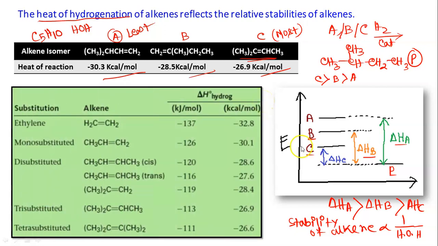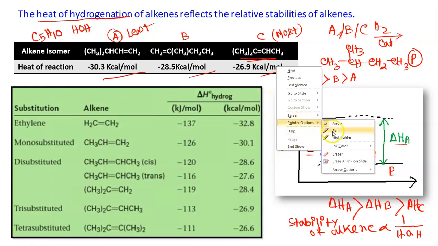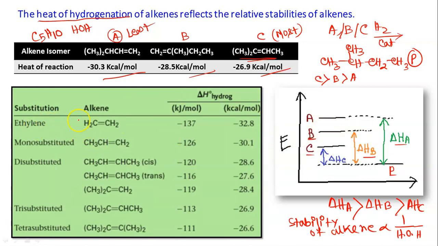Here we have another table where you can see that this is the simplest molecule, and as we move down, there is an increase of substituents. If you replace one of the hydrogens by a methyl group, you will get this molecule. So this is monosubstituted, then disubstituted. Now under disubstituted, there is cis and trans. We know that cis is always less stable compared to trans, and that is also clear from the heat of hydrogenation value. Trans is more stable, that is why its value is less.